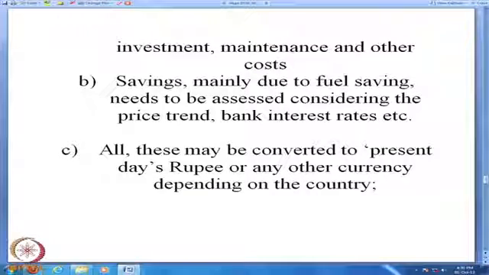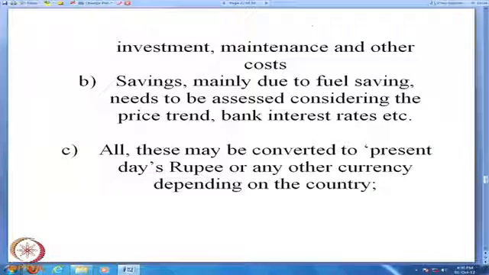So, one can make an economic scenario depending on inflation, etc., and come out with this system is worth 22 lakhs 3,200 today, or the amount of fuel that you are going to save is going to cost so much in today's terms. Then you make a balanced judgment whether the system is viable or not. Of course, this goes into too much detail of economic analysis, which is not exactly the objective of this course, and as a matter of fact, you require at least half a semester if you really want to go into